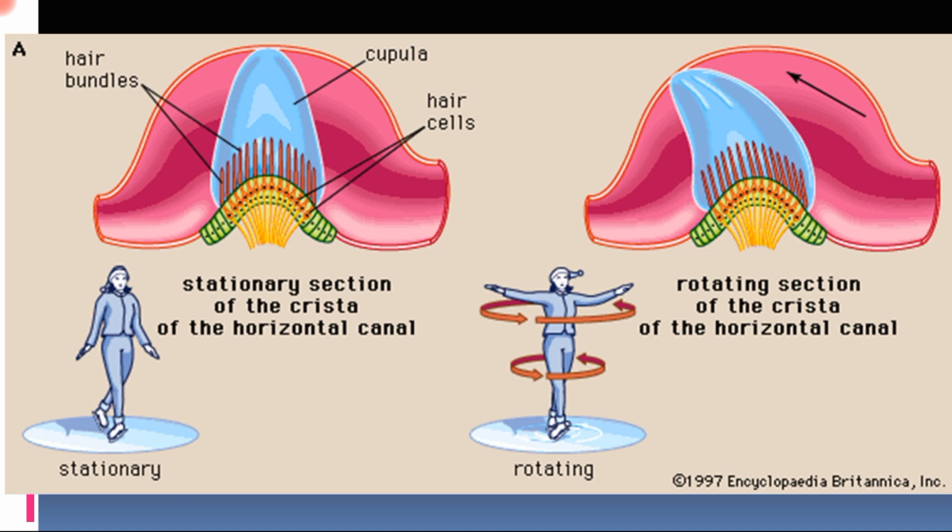So the macula tells us about the orientation of the head with respect to gravity, whereas the semicircular canals and the crista ampullaris present in them tell about the angular movement. So they give the information of angular rotation. That is all about the anatomy and how the macula and crista ampullaris are stimulated. In the next class, how these act combinedly to maintain equilibrium will be dealt with. Thank you so much.